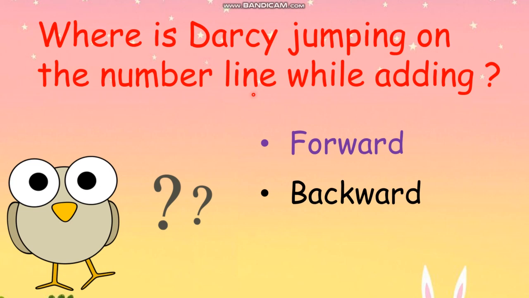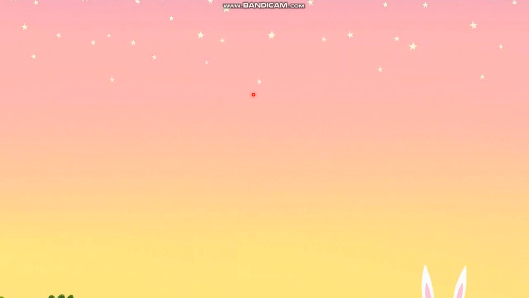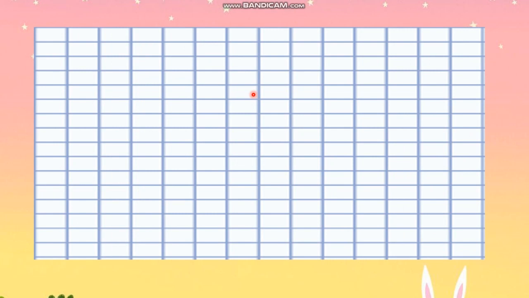Now, children, from this we can conclude that when you are adding two numbers on a number line, you jump forward. Okay? Where do we jump? Forward. Okay? Now let us see how you will solve it in your maths notebook, where we have lines. Now this is your math notebook page, suppose. Now I have a question here. 4 plus 4 equals question mark.